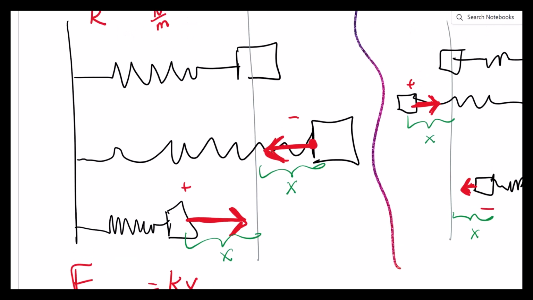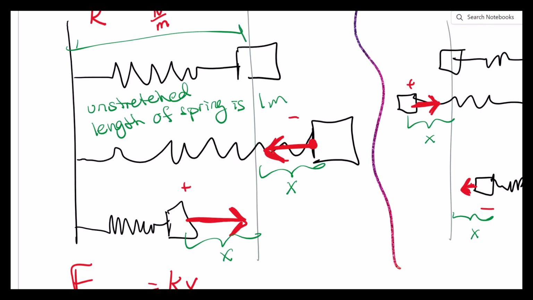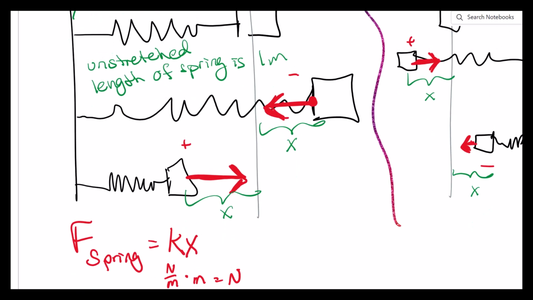And so this is a really big deal because it'll say stuff like the unstretched length of the spring. It might tell you the unstretched length of the spring, maybe is 1 meter. And then in the picture, you might see that the spring is currently 1.5 meters. And then you can be like, oh, so it's stretched 0.5 meters. So this is the stretched or compressed